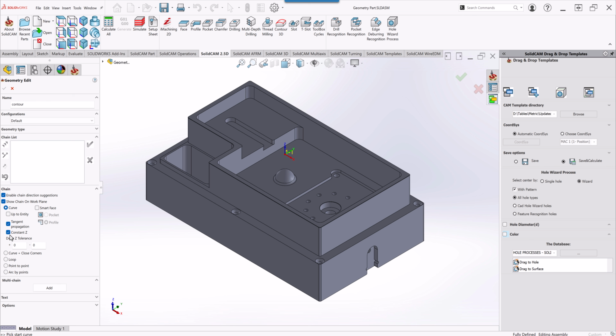Now, by default, you'll get the program where it says tangent propagation, constant Z. Those two options are what is most often used together when we're having a chain around the part. If I were to click on an edge, you'll see